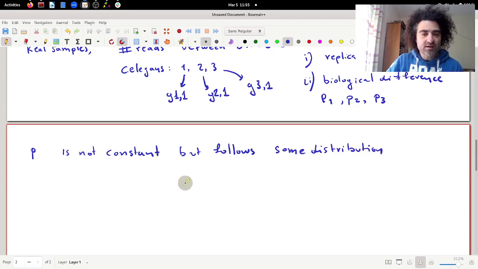So what they have done, and I will not go so much into the math here, is that they have assumed that this p follows a gamma distribution with parameters alpha and beta. This is not really important. And if this is the case, so if this p follows a gamma distribution between individuals,